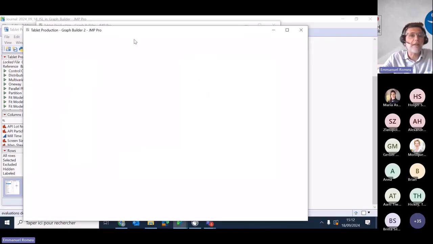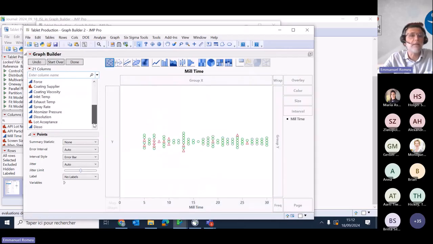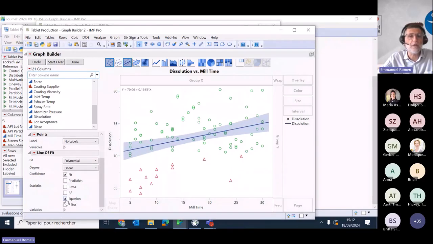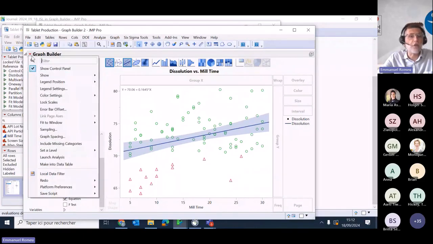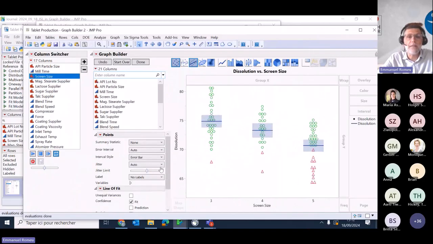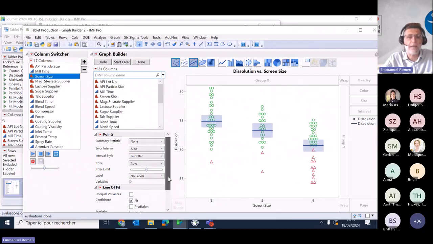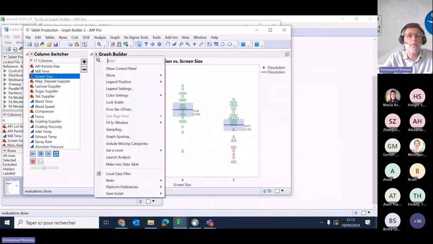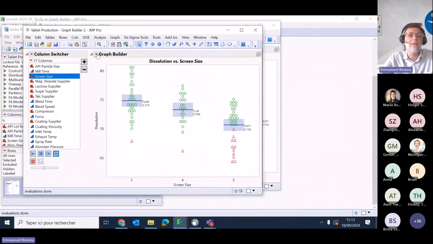So graph builder, that's still my meal time versus my dissolution. I've got this line of fit with the equation here. And what I will add is a column switcher. So the column switcher is located here, redo column switcher. I've got meal time selected, which is my x-axis, but you can play on both x and or y-axis. Here I will just use the x-axis, and I will add all those variables. And what I need to add here for a categorical variable, screen size, I will add mean and standard deviation. I'm done. I will remove the legend, and I will save that script